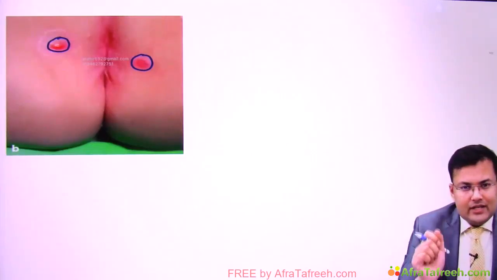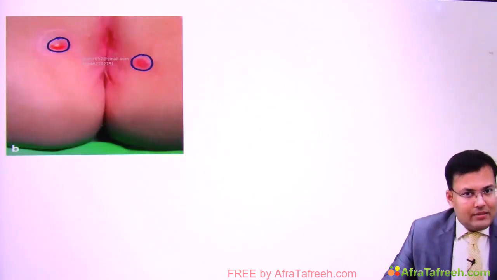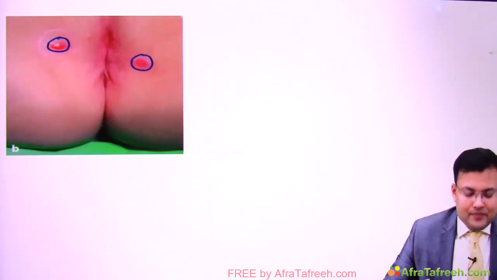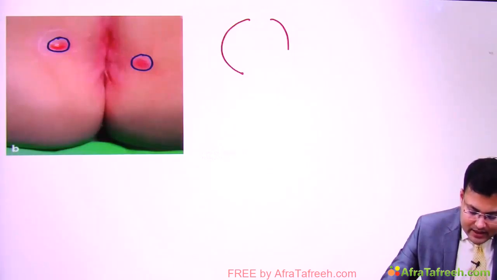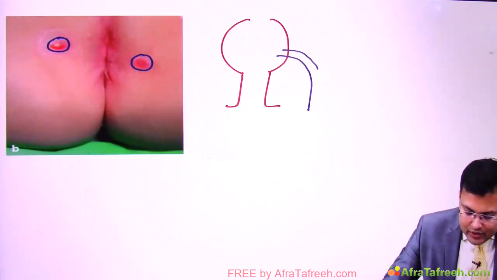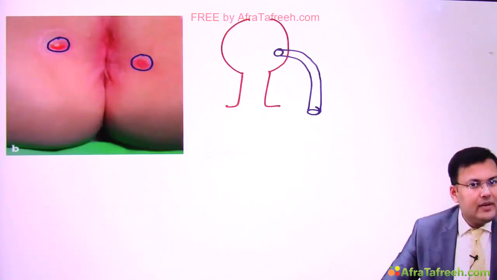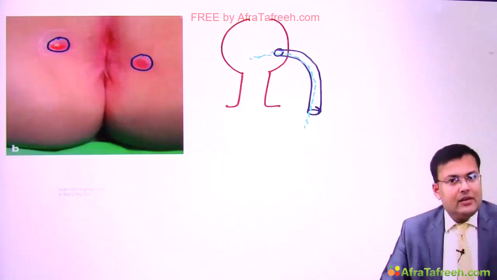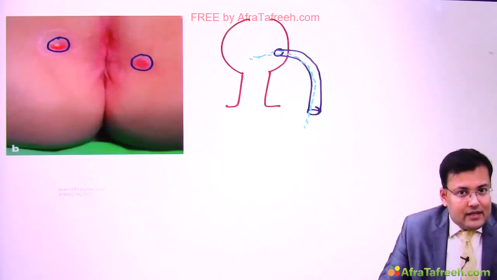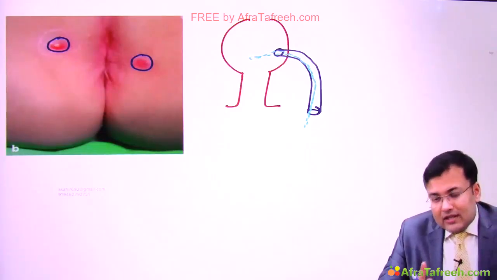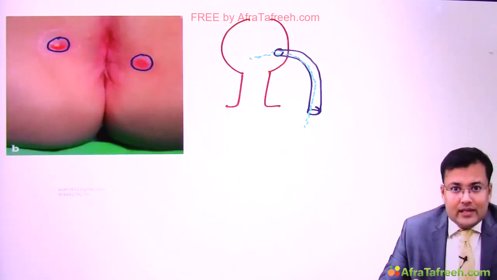He will also give you the history that once there was infection leading to abscess. So if the tract is blocked or obstructed, infection can lead to abscess formation. And a special feature: see, this is the rectum and this is the anal canal. Sometimes the internal opening is located in the rectum, and then the patient will give one special history: sir, I pass feces and flatus from that external opening. Whenever a patient gives this history, you should understand that the internal opening is in the rectum.